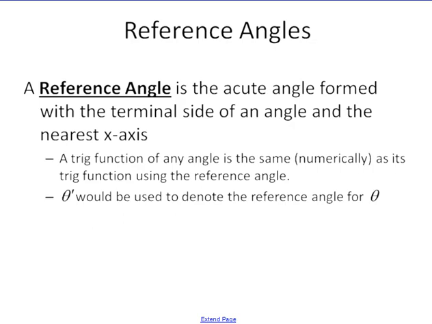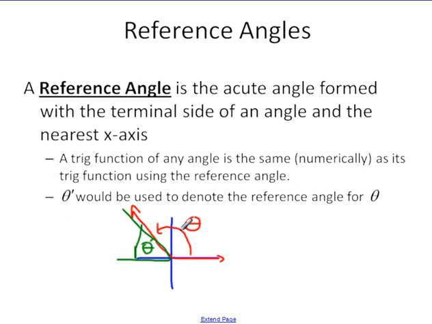So, first thing, it would probably be helpful to know what a reference angle even is. A reference angle is the acute angle formed by the terminal side of the angle and the nearest x-axis. So let's say we have this angle I've drawn here below. This angle measure, we'll call it theta, is clearly not acute because it wouldn't fit in a right triangle. So today we're going to talk about how we can also find the reference angle, which is the angle measure drawn from the terminal side here to the nearest x-axis, which would be here,